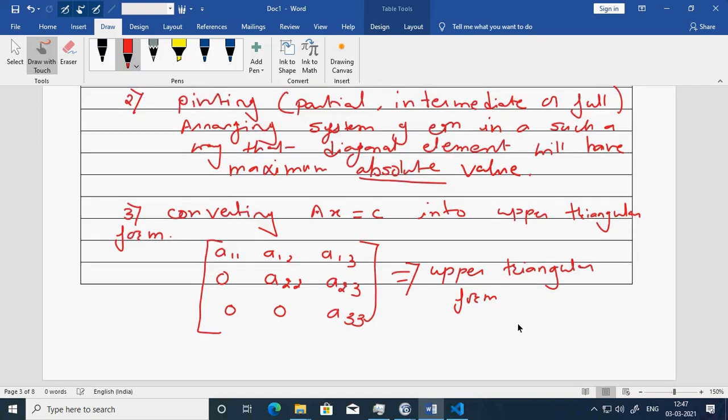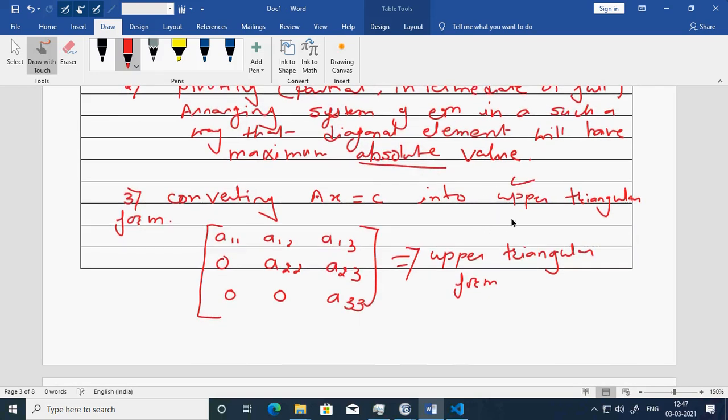Okay, so instead of upper, you can also go for lower triangular form. So both are applicable. You can go with upper and you can go with the lower. So we will follow one unique way. We will go with upper triangular form. Okay, and we are going to write the program only in the upper triangular form.